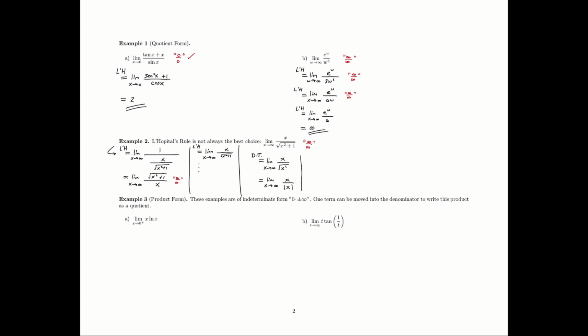So we can go ahead and say that this is equal to the limit as x goes to infinity of x over x. This cancels to 1. The limit of 1 is just 1. So dominating terms can definitely be